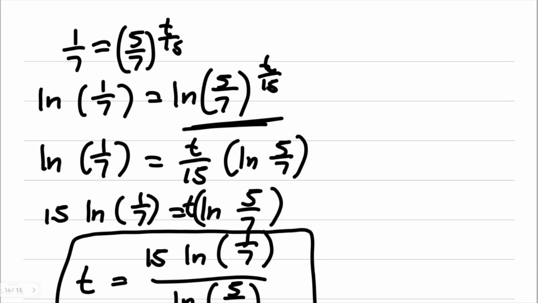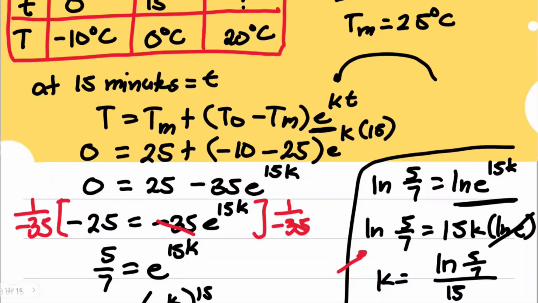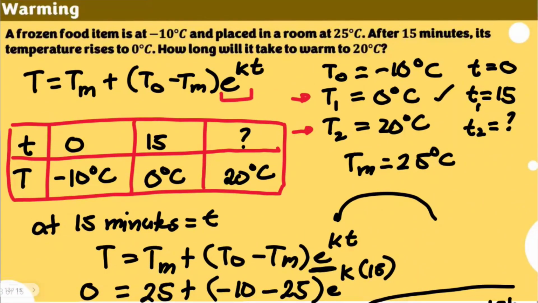This is the process of solving this type of problem, which needs us to identify either k or e to the power of k. It's up to you. Again, I'm using e to the power of k because it's easier for me, using the formula also derived in the previous video, as we used the formula in the previous video when we came up with the mathematical model for Newton's law of warming an object.